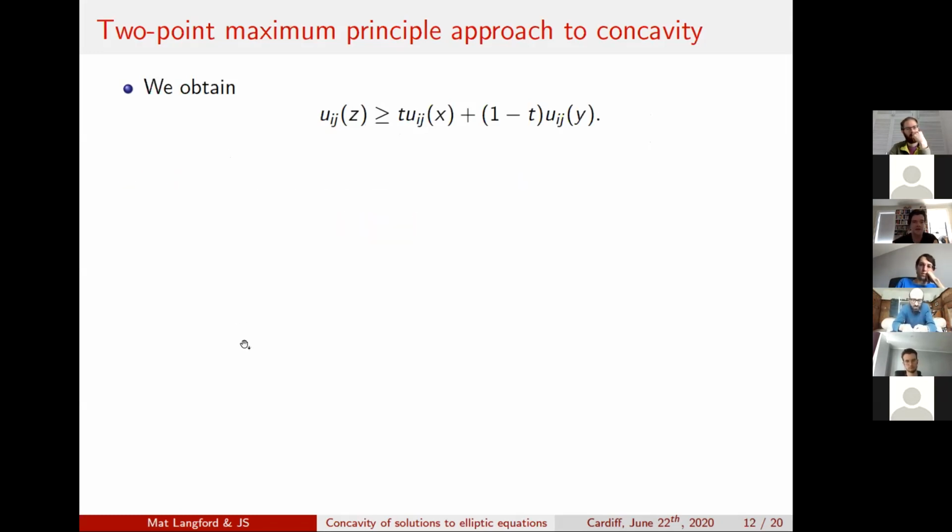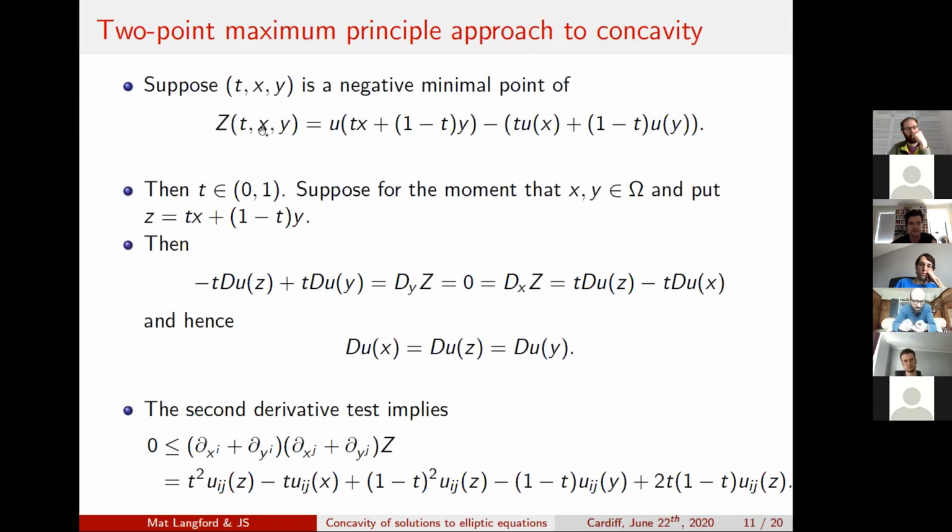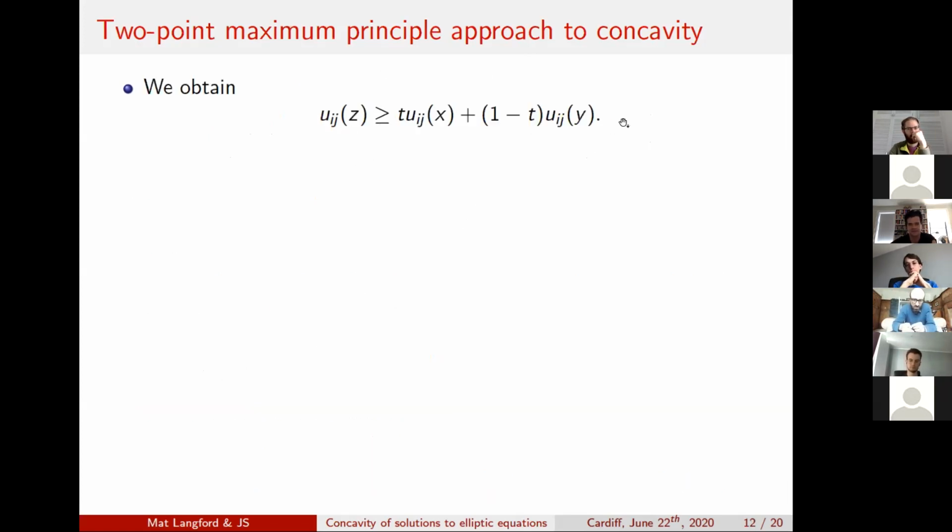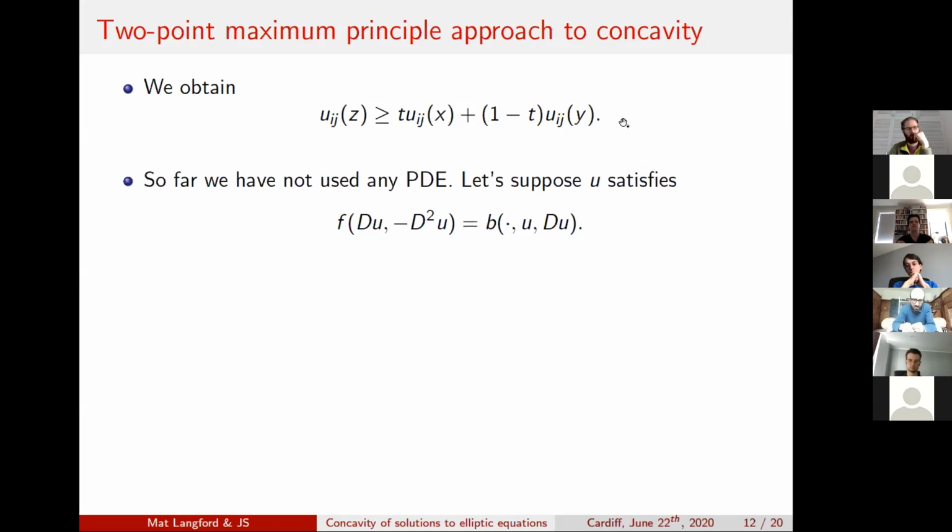Okay, we have done nothing yet, right? We have just differentiated the convexity, the concavity of the function. We have not used any PDE, for example, right? But we have seen that at the minimal point, we get this nice relation of the Hessians. And now we use the PDE. So we have not used any information on the derivatives of u. So let's suppose